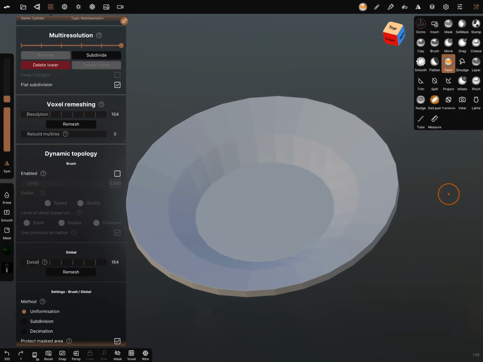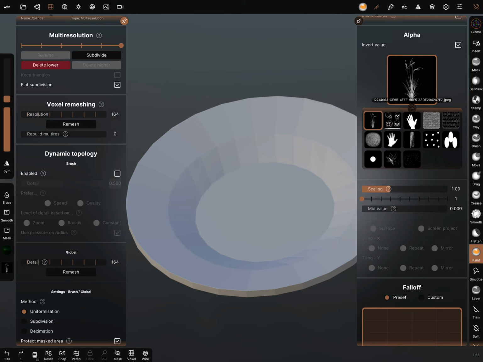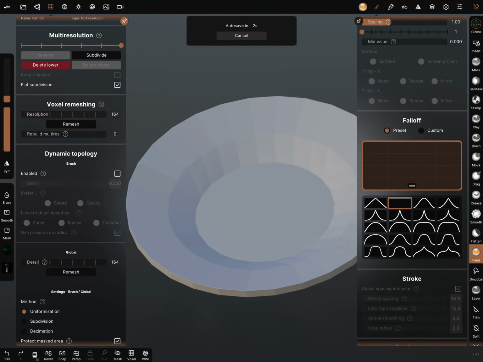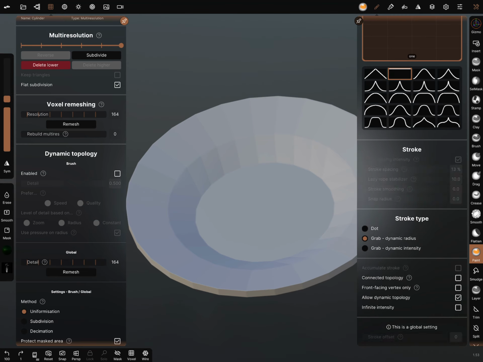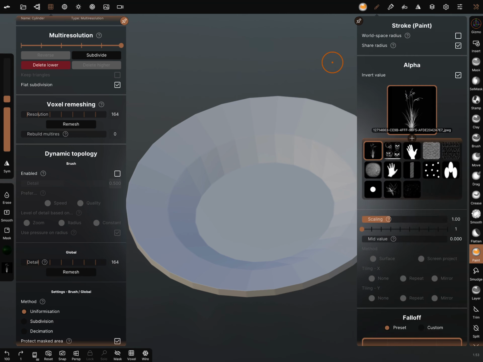You can turn the symmetry off, and one setting is sometimes important. The fall off is better when it's flat, I think. And the stroke type is not dots, but grab dynamic radius. Those are the settings you have to turn on.